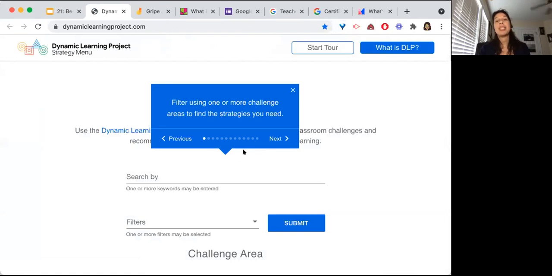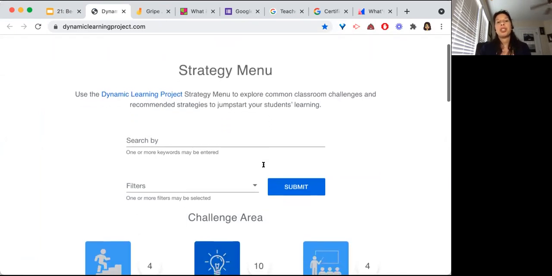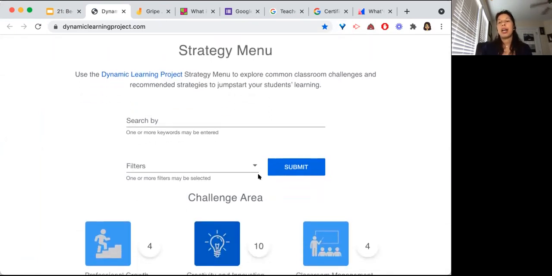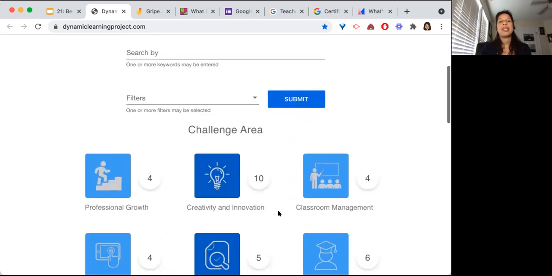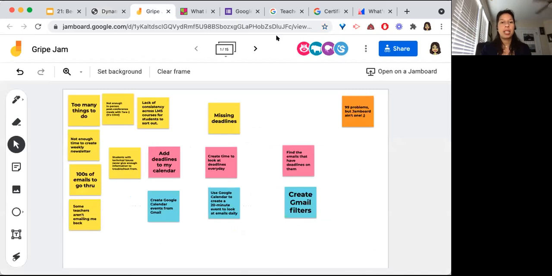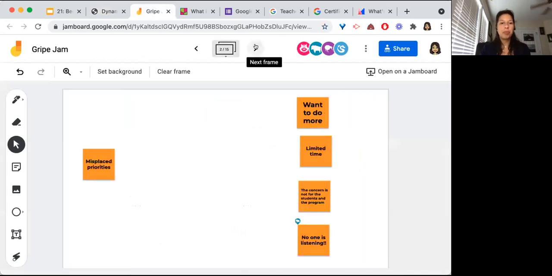Okay, if it comes up and it says take the tour or start tour, go ahead and click on that. And what you can do is search for strategies based on the challenge. The strategies are not necessarily an answer, but some strategies that might work for the challenge that you're facing. So if we were to go over here to the Jamboard, we've got misplaced priorities.